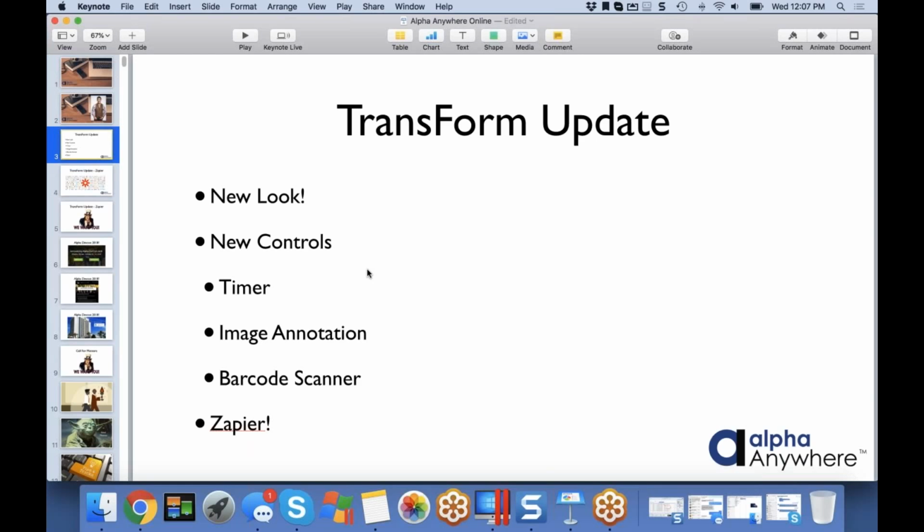Now you have image annotation, so you can snap an image and then mark it up right there within it, which is very exciting. For a lot of our existing clients who are using Transform, they really needed that, because a picture is worth 1,000 words. Barcode scanning, so you can zap a barcode now. A QR code is in the works, but it allows you to zap a QR code. So now you don't have to type in QR codes if you're out on a machinery and getting that information about that machinery. And there's a lot of other things that are going to happen along with the barcode scanning that's in the works, that we'll be talking about in the near future.